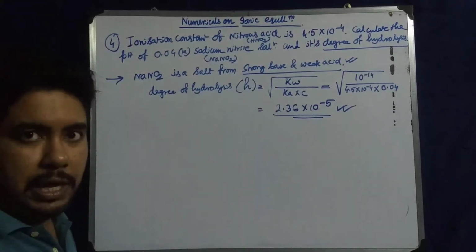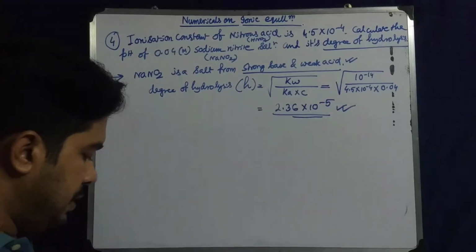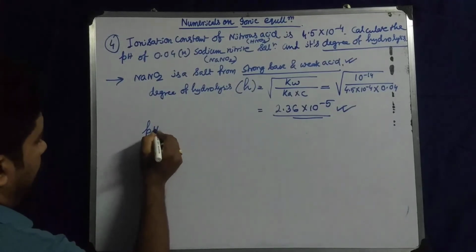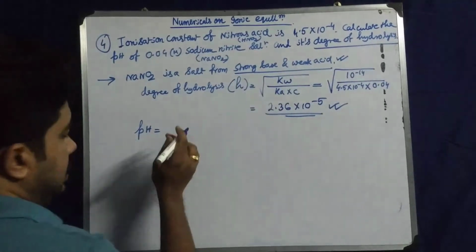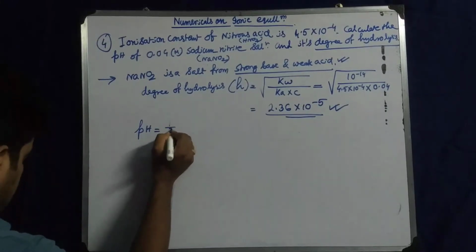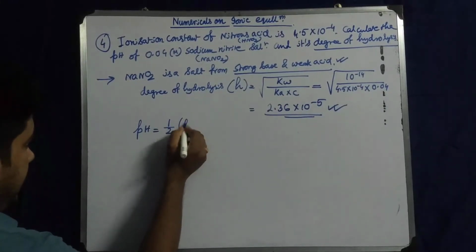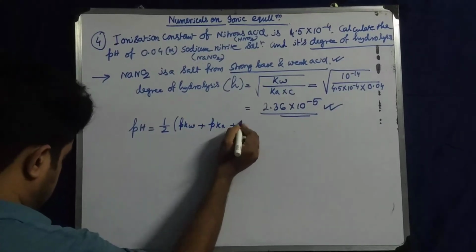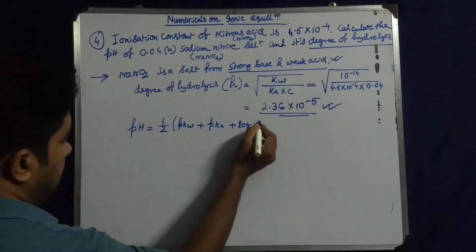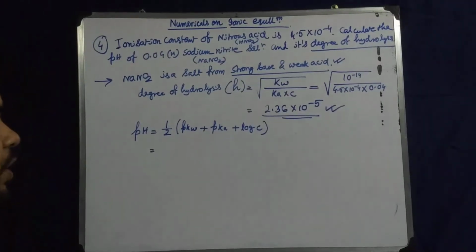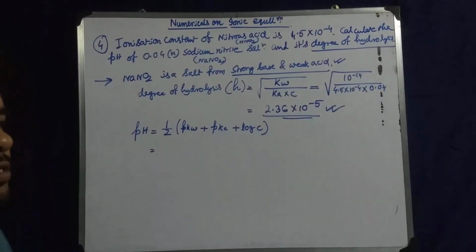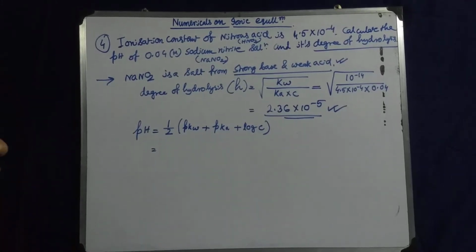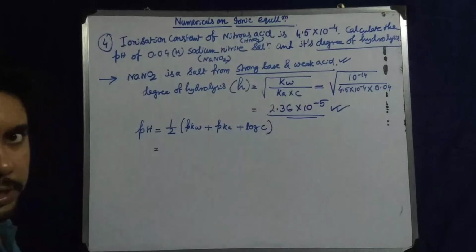pH. Now we need to calculate the pH of the solution. How can I do the pH of the solution? Look at that. We know that pH is very easy to calculate. For hydrolysis of strong base and weak acid, what is the equation? pH is half pKw, half is common here, plus pKa plus log C. Okay, so that will be our equation, half pKw plus pKa plus log C. So we have weak acid, strong base. Remember, for this case, this is the equation. This particular equation I have solved already and given it to you.